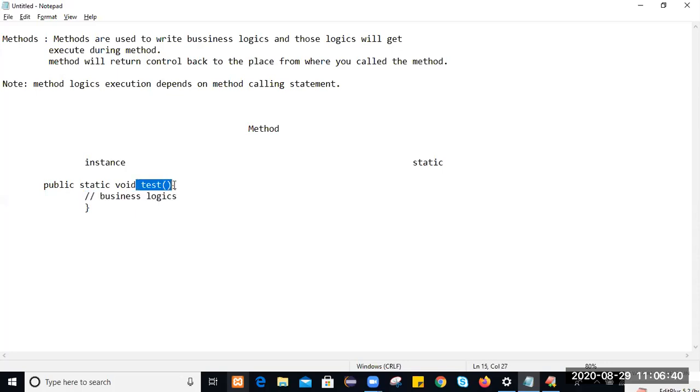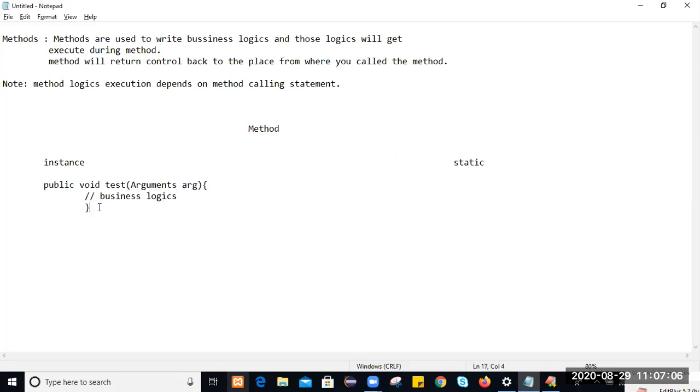When we call this method. And if you want to write arguments within the method, we can pass any number of arguments. So this is for the instance method.